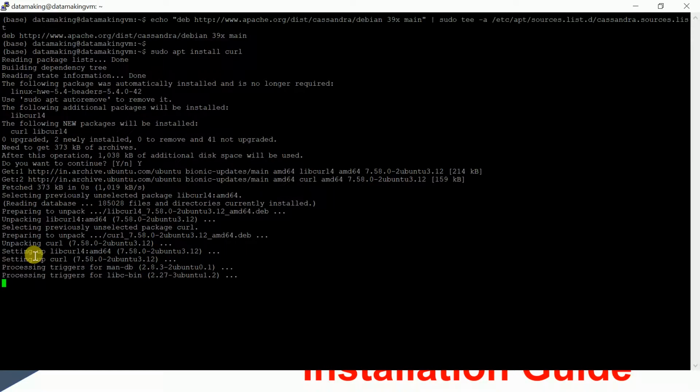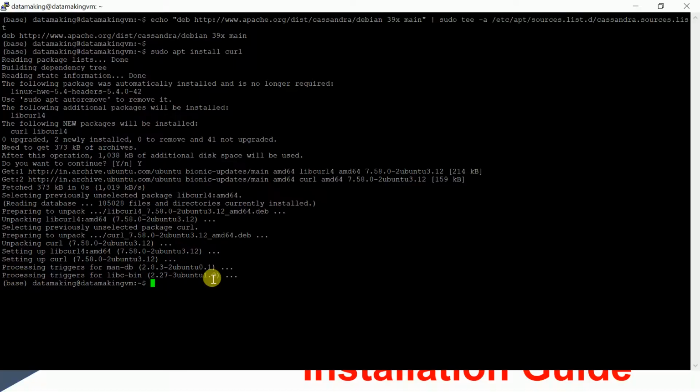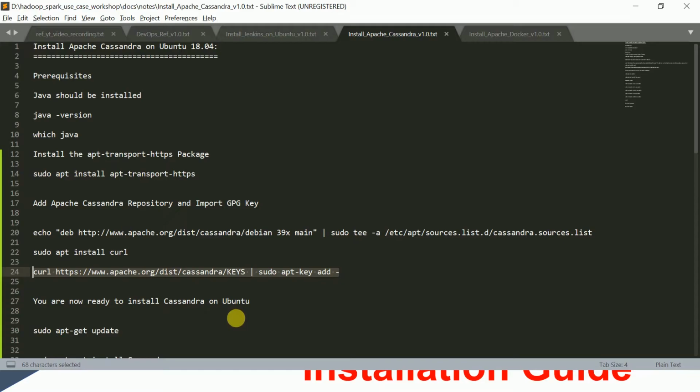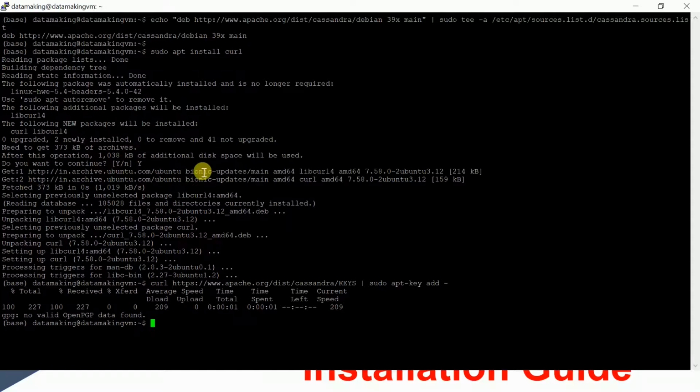Once this is installed, we'll add the GPG key to the system. Then I'm going to update the package index, so sudo apt-get update.